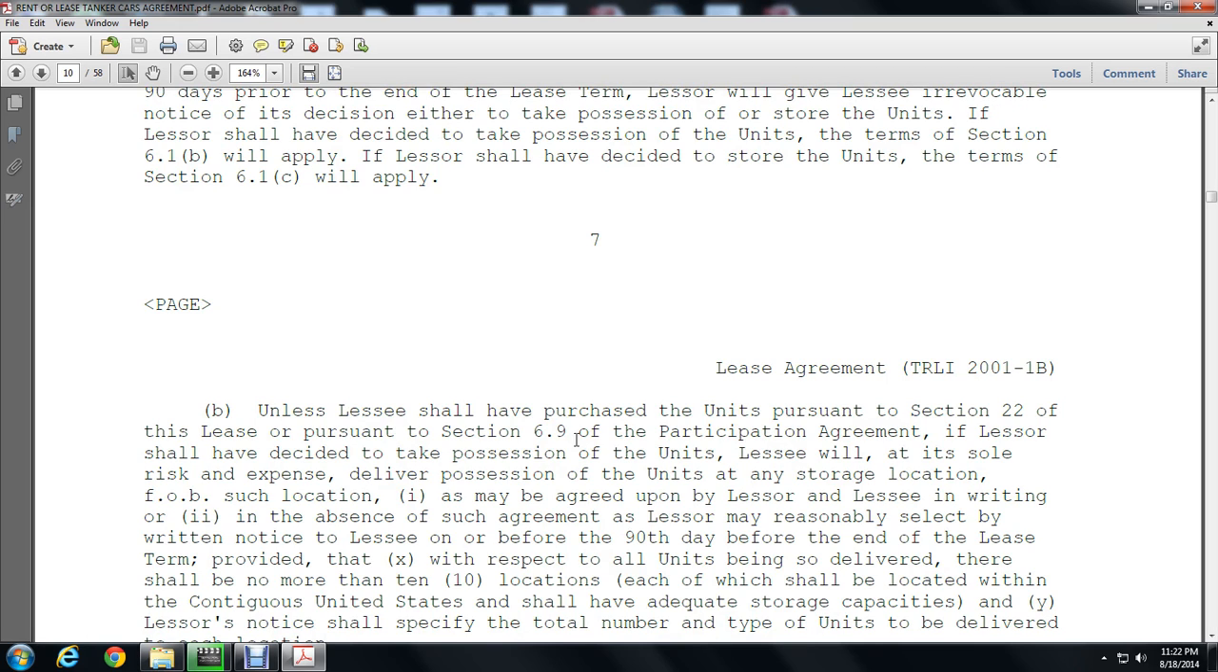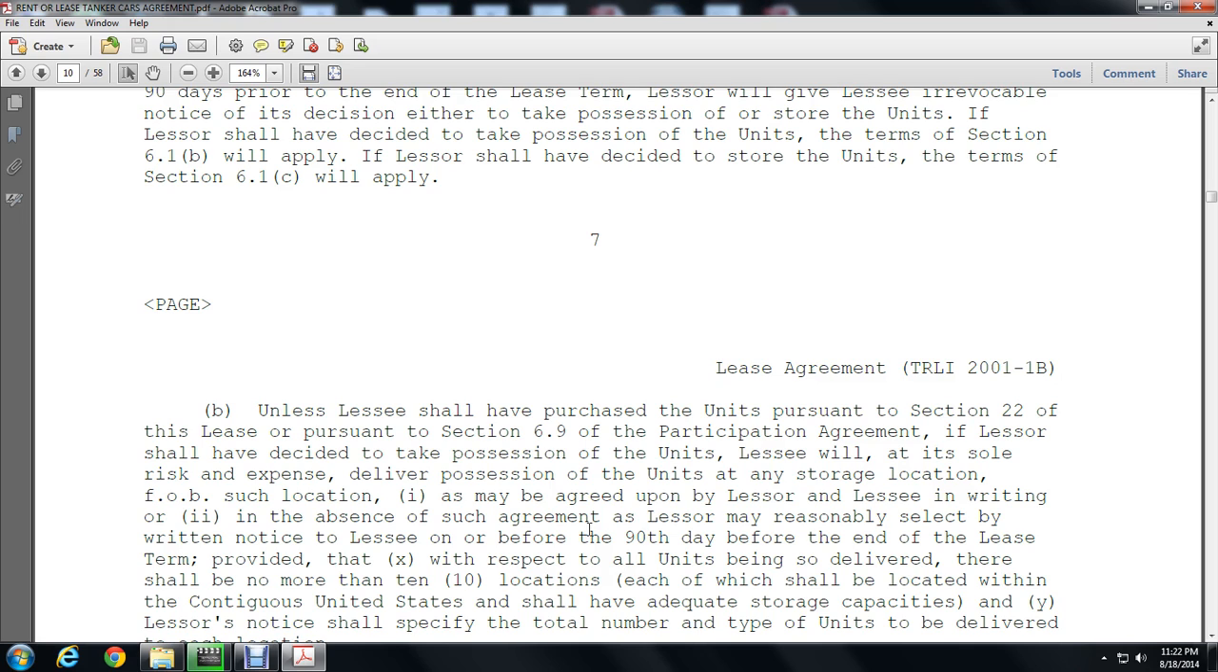Unless the lessor shall have purchased the units pursuant to Section 22 of the lease, pursuant to Section 6.9 of the participation agreement, if the lessee shall have decided to take possession of the units, the lessor will, at its sole risk and expense, deliver possession of the units at any storage location FOB such location, either as may be agreed by the lessee and the lessor in writing, or in the absence of such agreement, as the lessee may reasonably select by written notice to the lessor on or before the 120th day before the end of the lease term, provided that